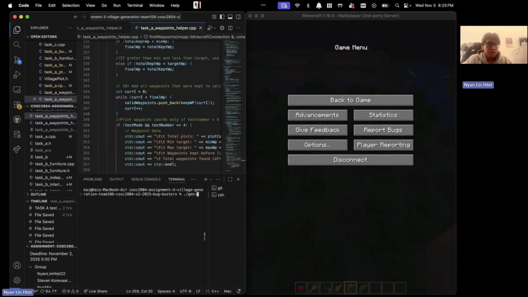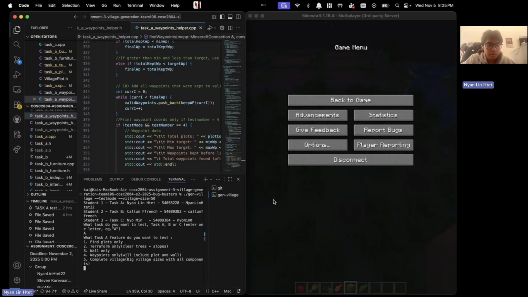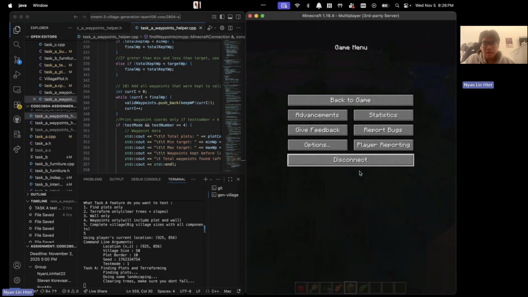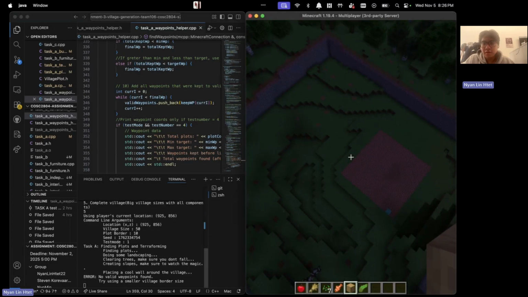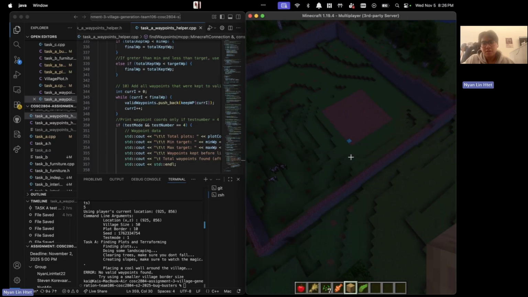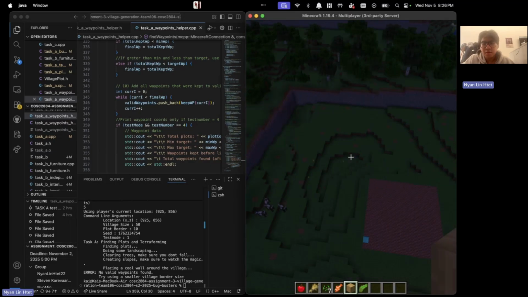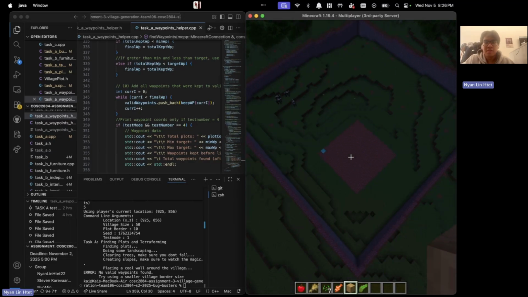So I'll run /gen village and then test mode. Let's just say village size is 50. I'll choose task A, and then I'll choose 5 just to show all the components at the same time. It basically starts clearing, terraforming, and then since plot border is 10, there can only be one plot possible. But this finishes the entire